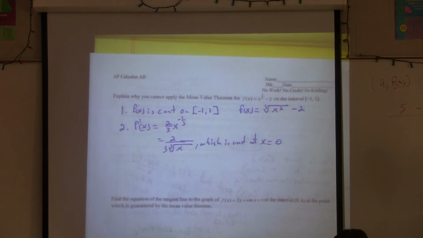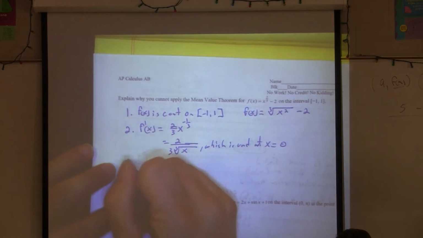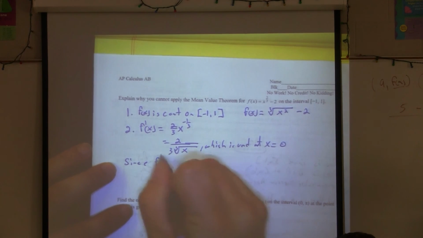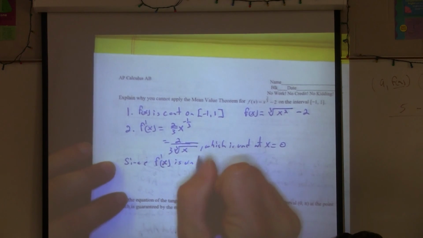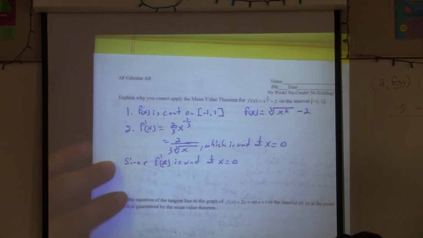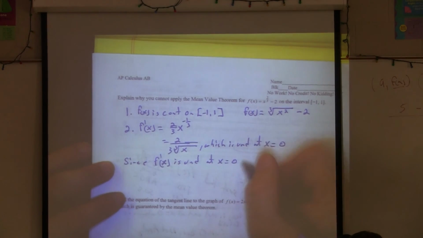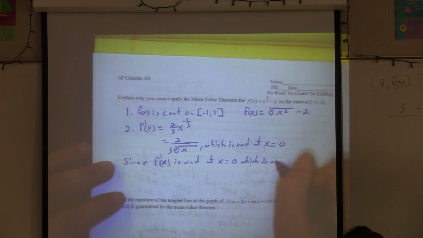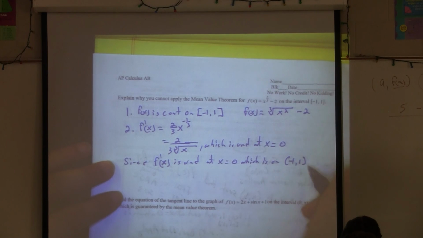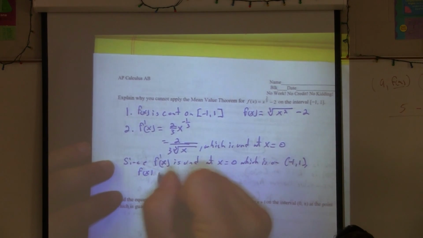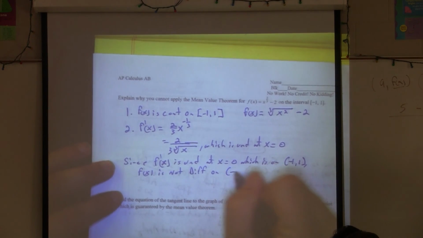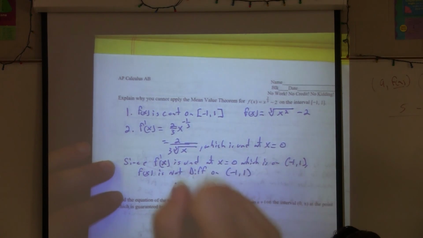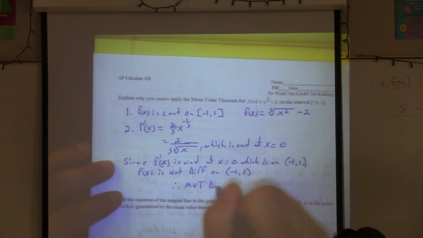Awesome, so write all that. So what could we say? Since f prime of x is undefined at x equals 0, which is on the open interval negative 1 to 1, f of x is not differentiable on the open interval negative 1 to 1. Therefore, MVT does not